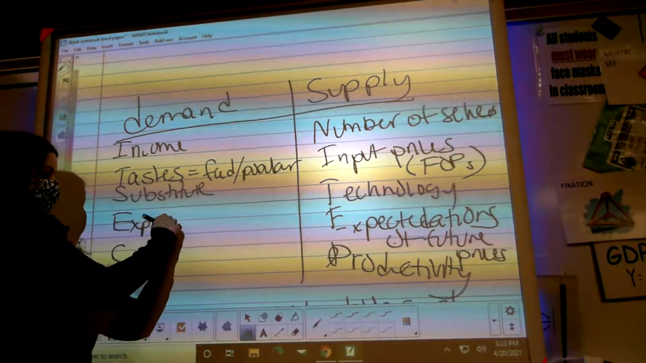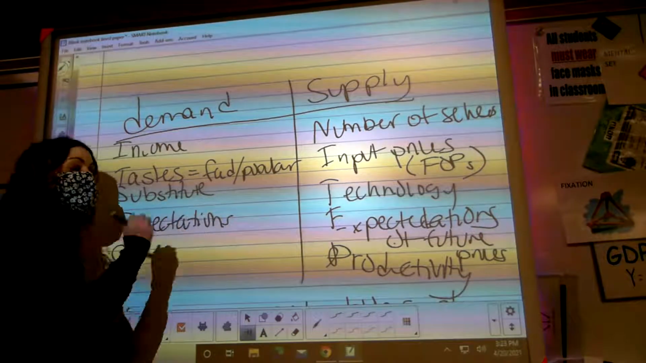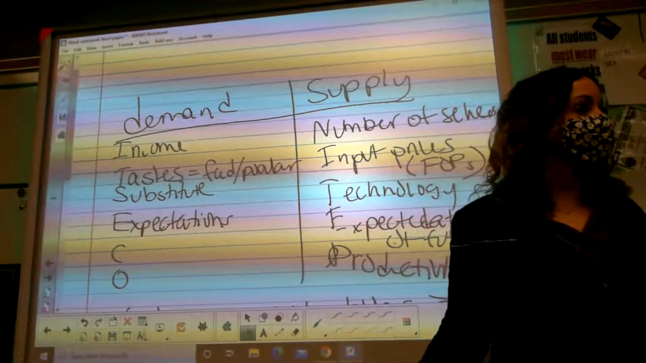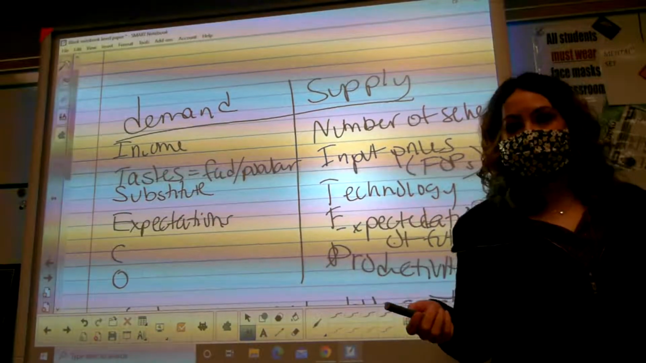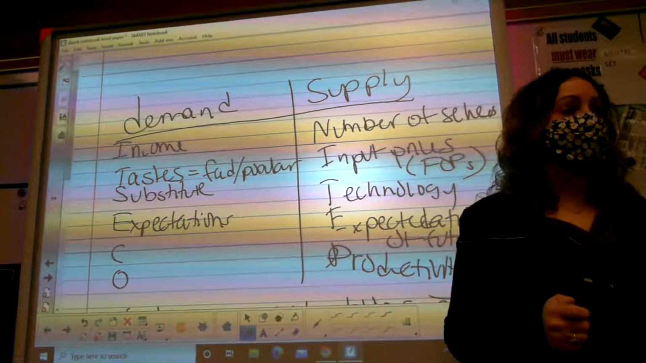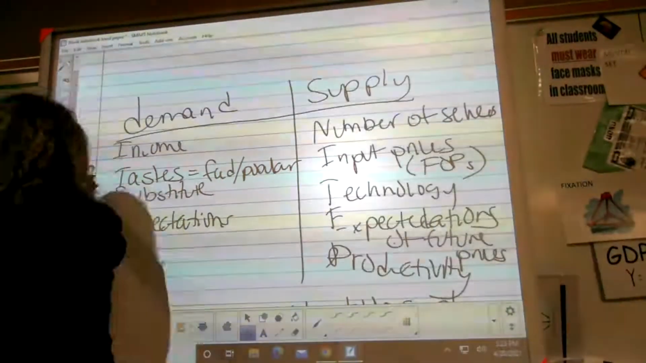Expectations. Future prices. But Ms. Taylor, I thought you said expectations was a supply shifter. It is. It's whoever expects. If Bluebell is expecting something, it's going to shift supply. But if Becca expects something about ice cream, then that's going to shift demand. Case in point,